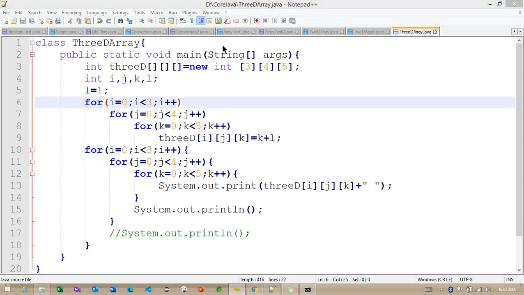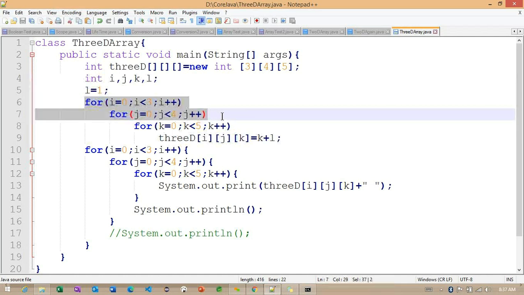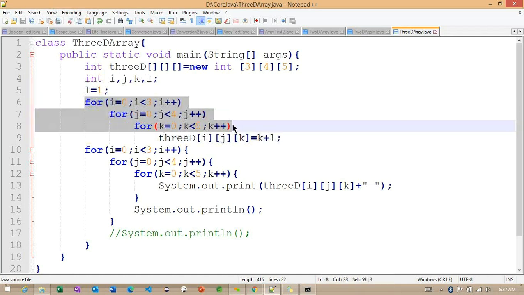So these are very important examples we are discussing here. Try to practice these array related examples to understand more. These array examples play a very important role with loops, how the values are initialized and how the loops repeat multiple times based on the condition. So this is going to give more clarity here.